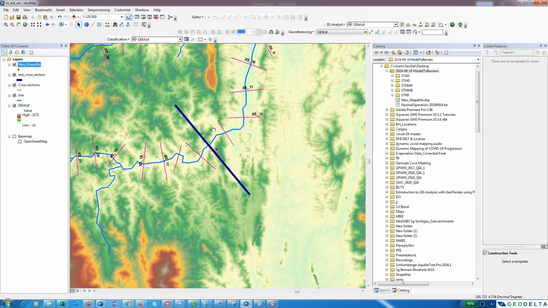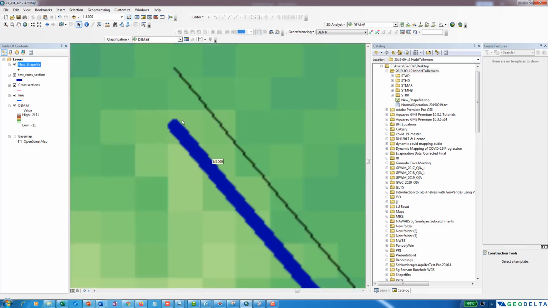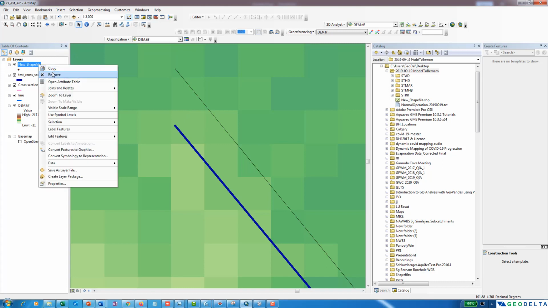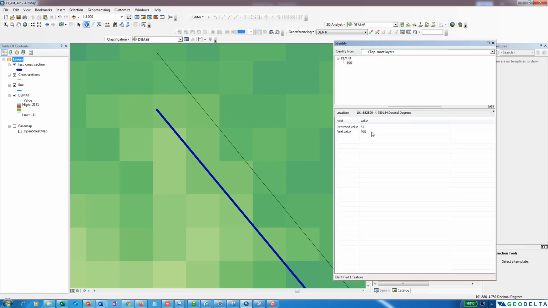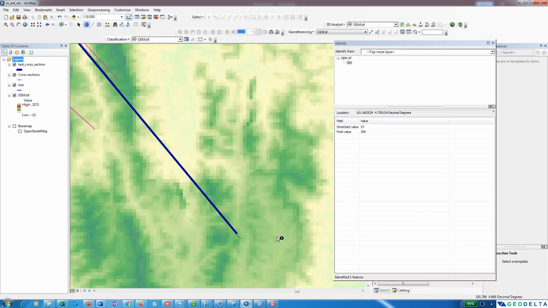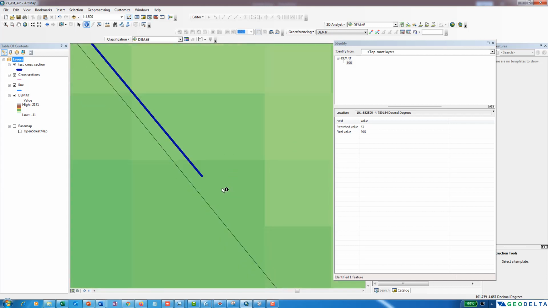So as you can remember, our starting point was somewhere over here. Yeah, this pixel is actually our starting point. So I can select this identify tool, and if I click over here, you can see that the pixel value is 395 meters. Similarly, if you go over here and try to take the final pixel, you can see that the elevation